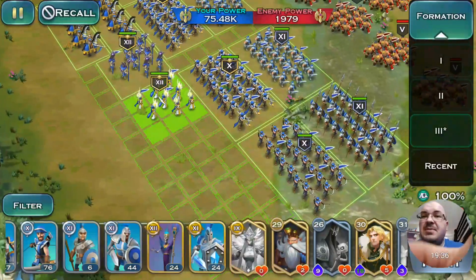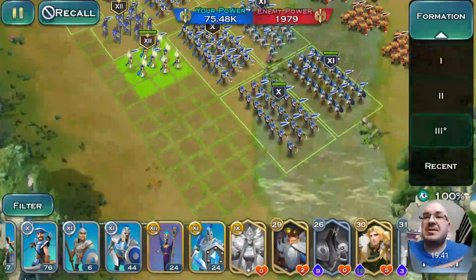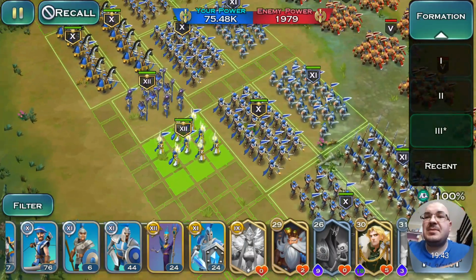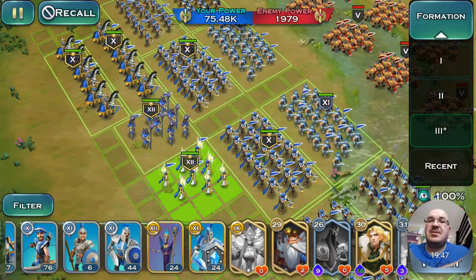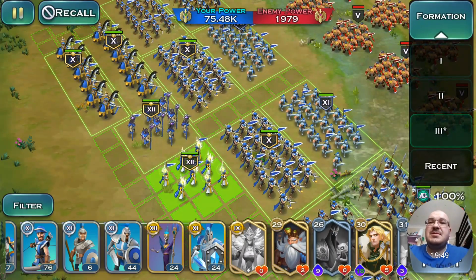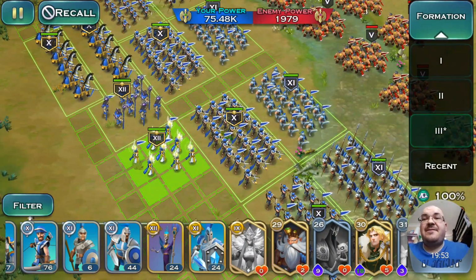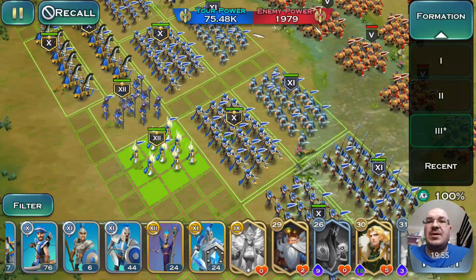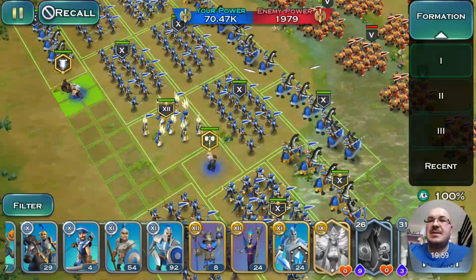So this is my PvP setup. Obviously all the heroes dropped, and this would be my PvP setup. This is how I fight human armies. If I'm fighting a dwarf army, this would be the setup that I'm using,